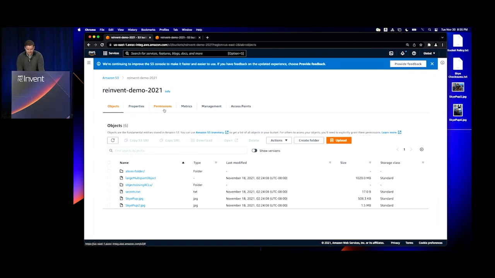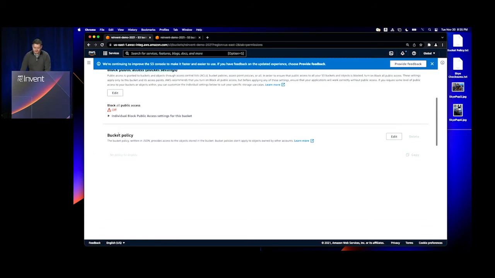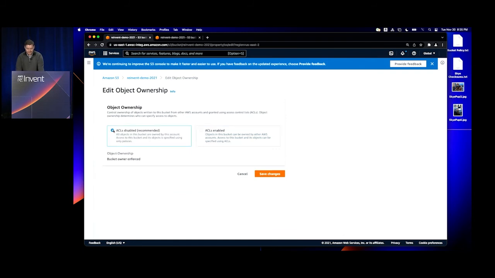So instead, I'm going to take a look at the permissions on this bucket, and I'll stop right here for a second and quickly say if I really care about public access, I could turn on this block public access feature that was launched a couple years ago. But today I want to demonstrate the new feature, so I'll scroll down and look at the new object ownership setting. I'll click on Edit, and I've got this new ACLs disabled option. And you'll see that all the ACLs in my bucket will be disabled, and I see that the bucket owner enforced setting is being set. So I'll go ahead and save those changes.